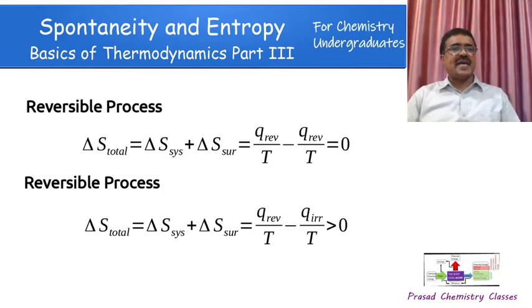Delta S total is equal to delta S system plus delta S surroundings. And the process is reversible. We can write Q reversible by T for the system, and for the surroundings there is loss of heat. So there is a decrease in entropy in the surroundings if heat is absorbed by the system. So it will be minus Q reversible by T, and the sum will be equal to 0 for a reversible process. And that is applicable for equilibrium as well, that we know. For equilibrium, delta S total will be equal to 0.